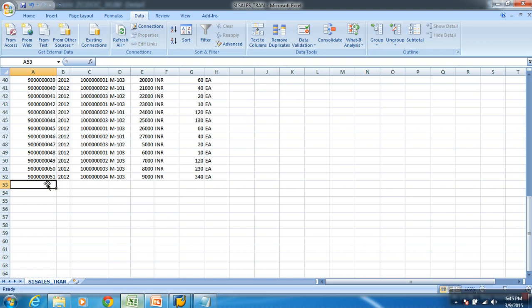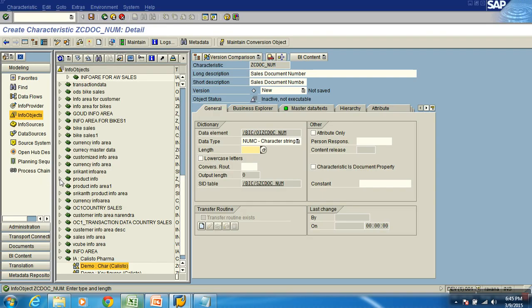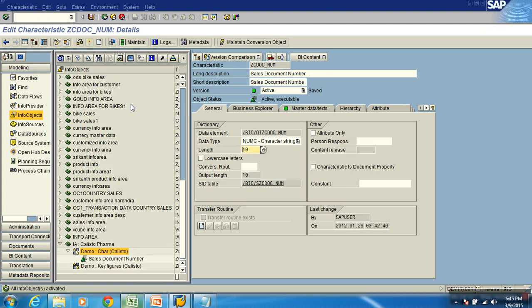Okay? So this time I'm going to go with length 10. We'll discuss other properties later. Now don't worry about this and just activate this object. So what is my info bit? The data type and the length. So should the data type be character or numeric? NUMC is what? Numeric characters, numbers treated as characters. That's what it means. So I have got document numbers. I've got all numbers, right? 9 00 00 001. Yeah.